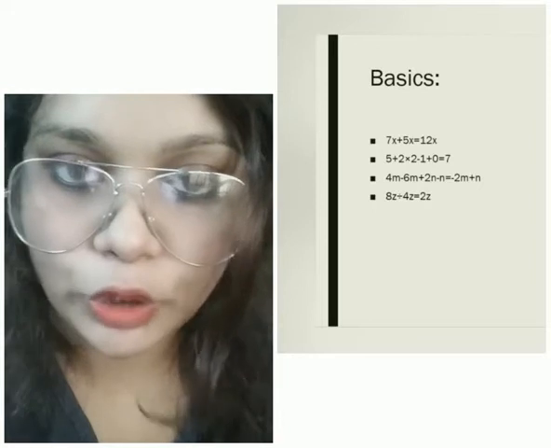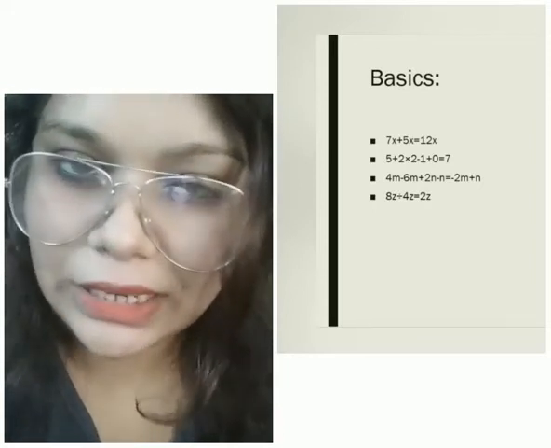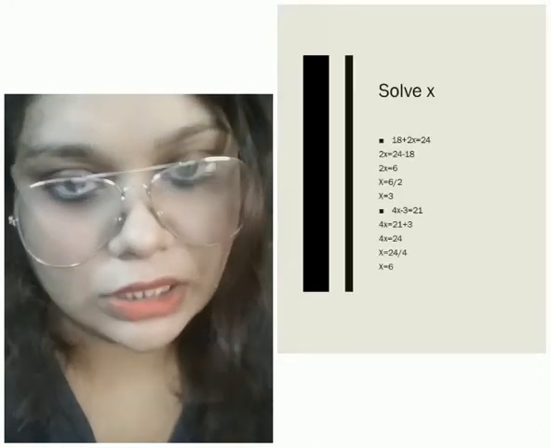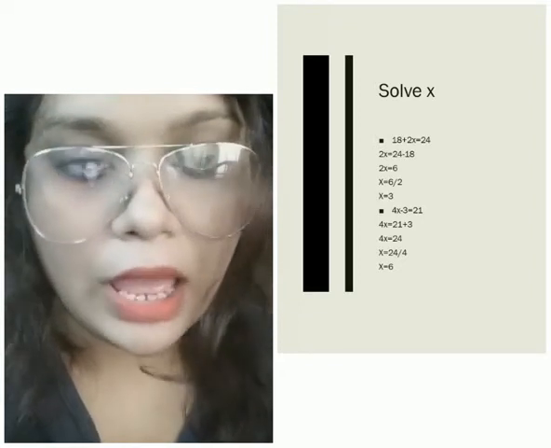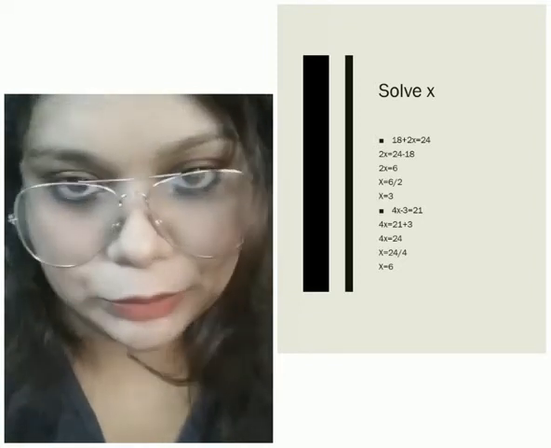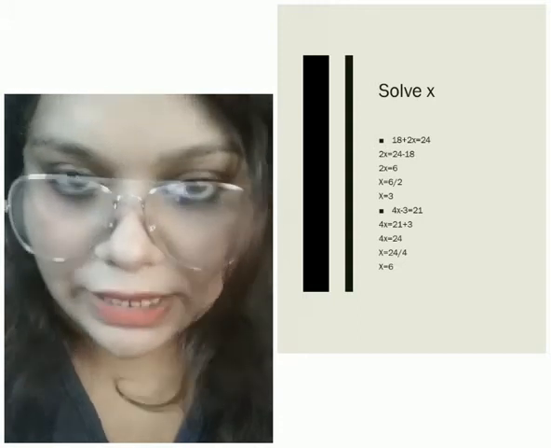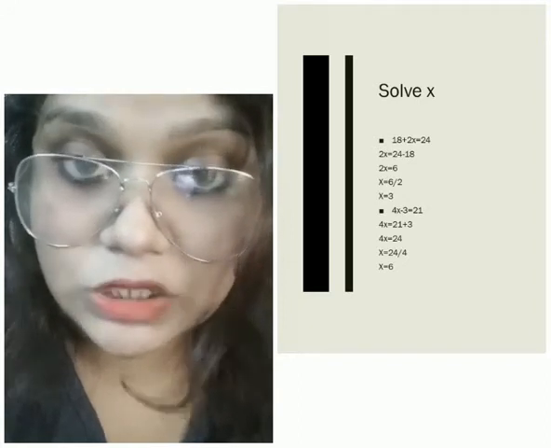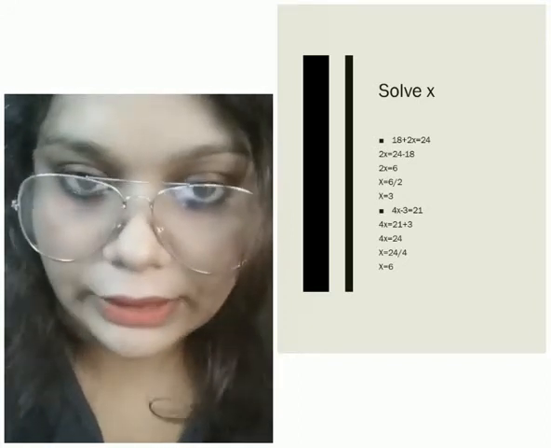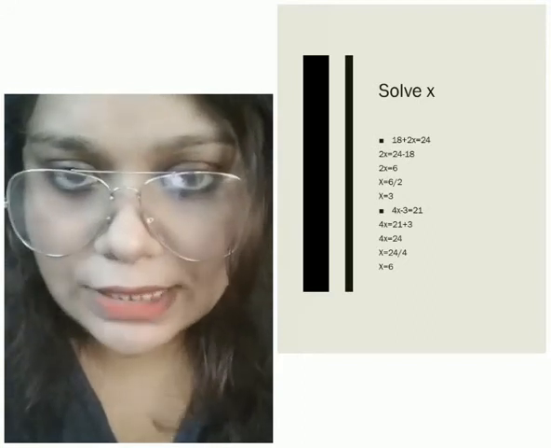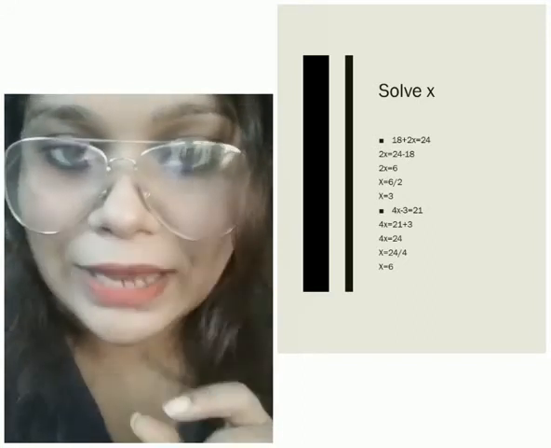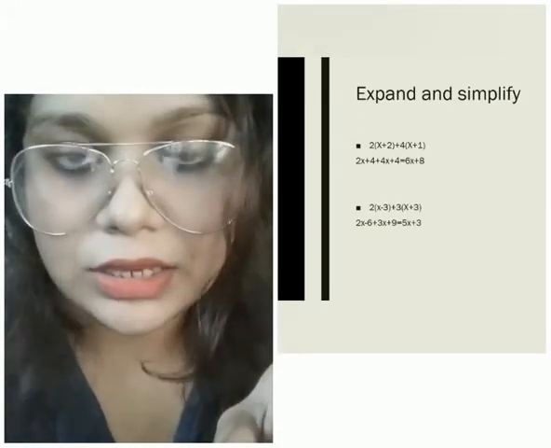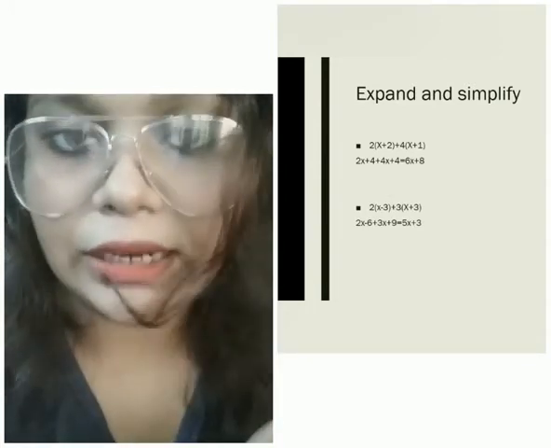So next we'll move on to solve for x sums, which are very easy and very simple. Here I have two sums, one is addition and another one is subtraction. I'll teach you how to find the x value. Here towards my right-hand side screen, the first sum is addition, which is 18 plus 2x equals 24, right? So what you have to do is, first keep 2x as it is and take the 18 towards your right-hand side. When it comes to the right-hand side, it will become minus.